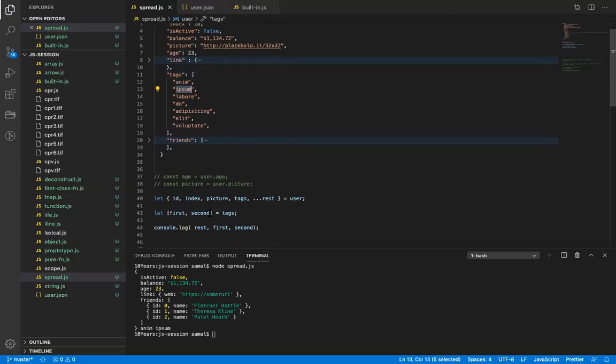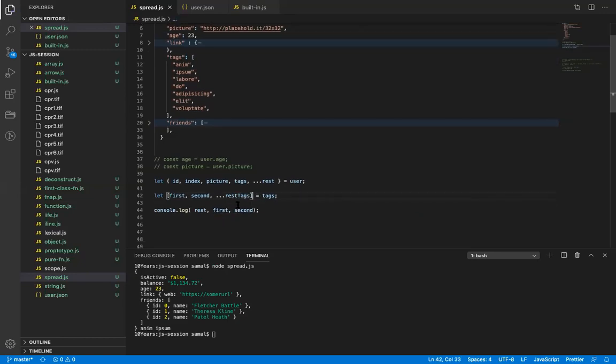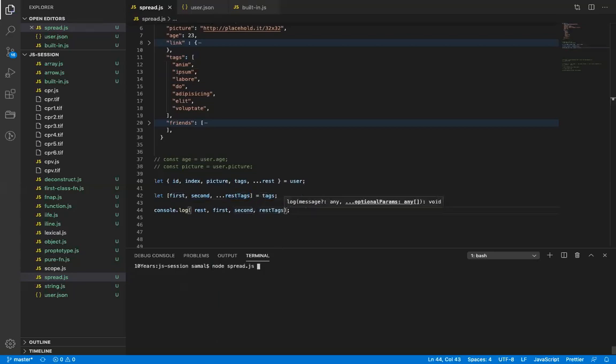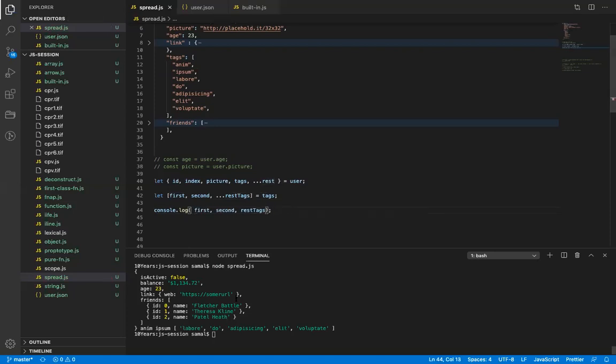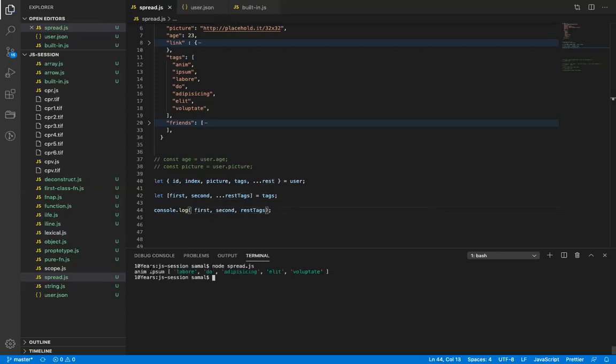And if you want the rest of this, I will just say rest tags. Okay. So all the rest of the values will be assigned to this. You will see, I'll just remove this. Okay. So the first two are removed from the array, and the rest are just copied to another array.